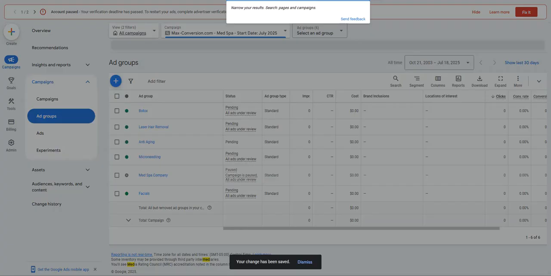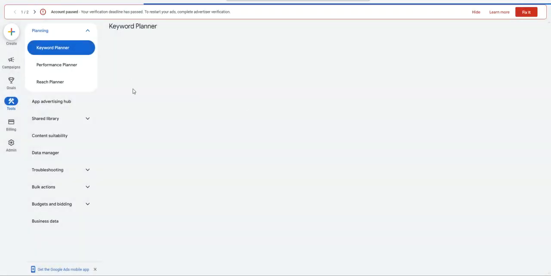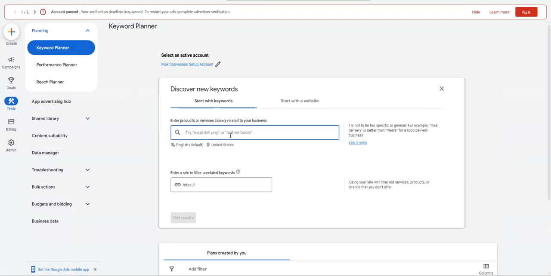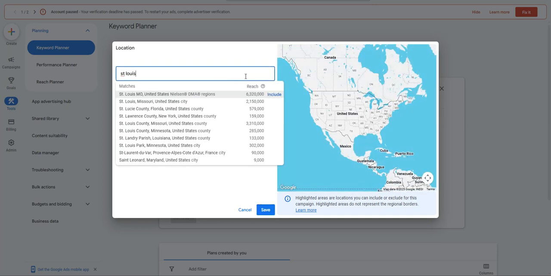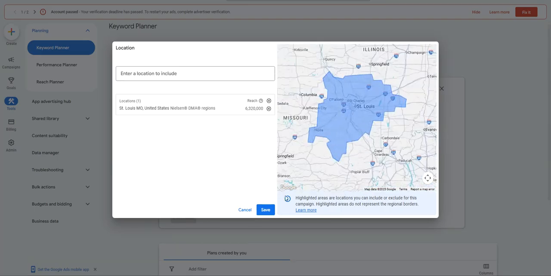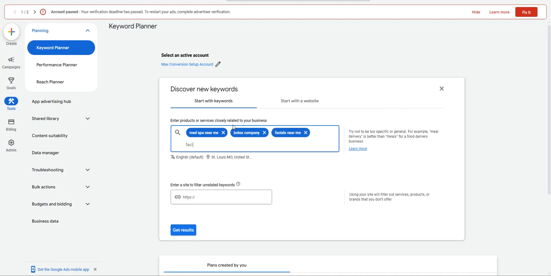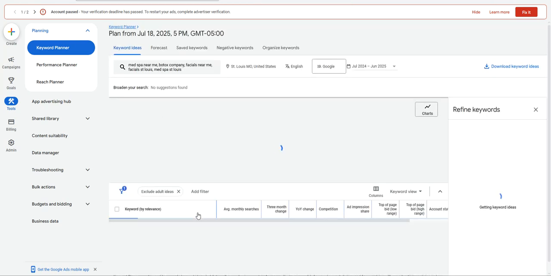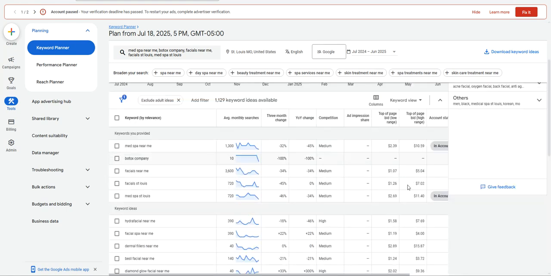Okay. Now, before we jump in there, let's do some keyword research. So we're going to go up to the keyword planner, just use the search bar, type in keyword. What we're going to go ahead and do is type in for the St. Louis region, and this is a little bit bigger than what we're targeting, but it gives us good data. So we're going to do med spa near me, Botox company, facials near me, facials St. Louis, Med Spa St. Louis, and this will kind of give you a good idea of how many people are searching,